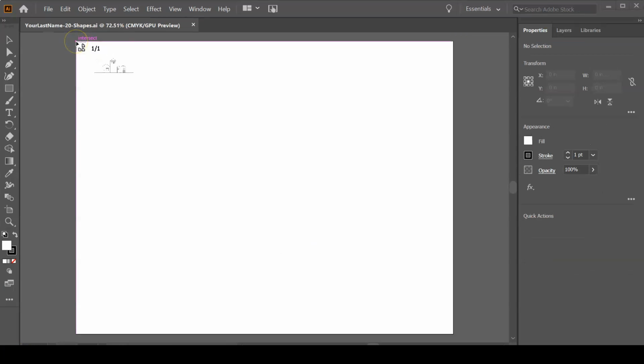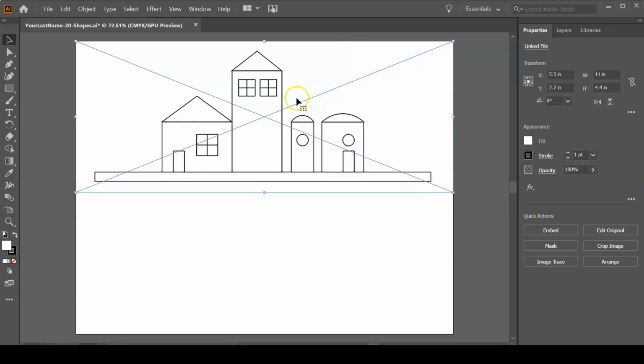Okay, I'm going to go up to the upper left corner of my canvas, and I'm going to click, drag, and hold my mouse key down until the width of this image I'm placing is the same as the width of the canvas. And then I can release my mouse